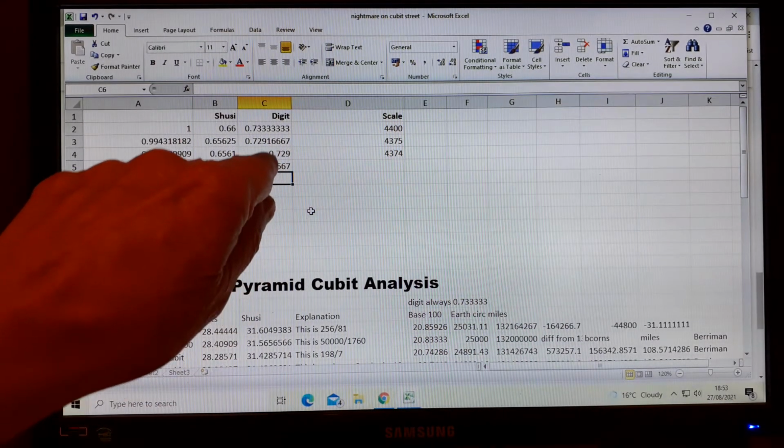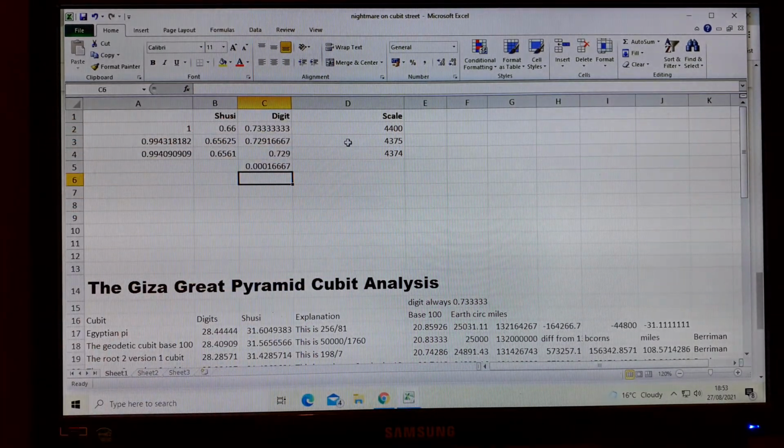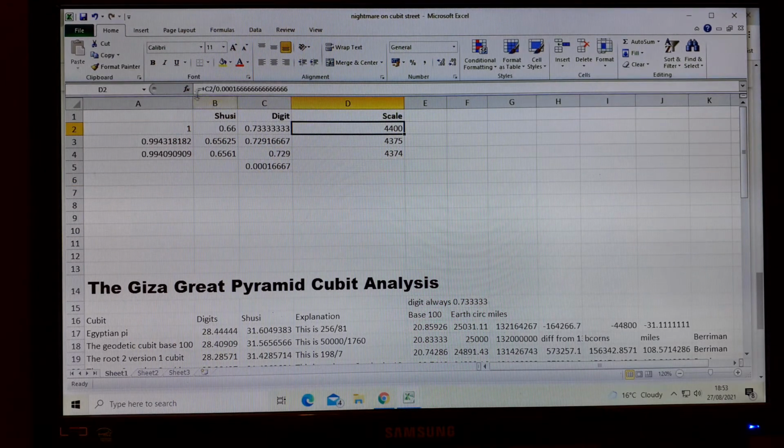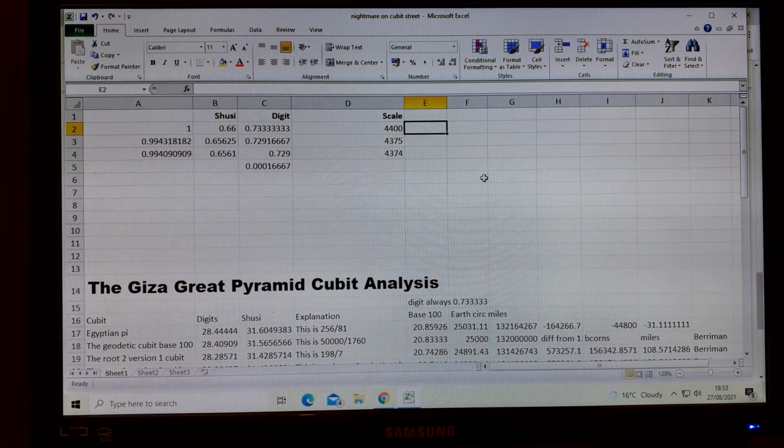That's the unit that divides into these three, and it divides as follows: 4400 in that digit, 4375 in that one, and 4374 in that one. So Berryman's found this distance between the two digits, this scale. But the top of the scale is 4400, and we know there are 440 cubits in the side of the GP. So if we multiply by 4,